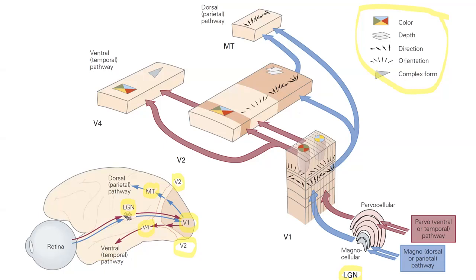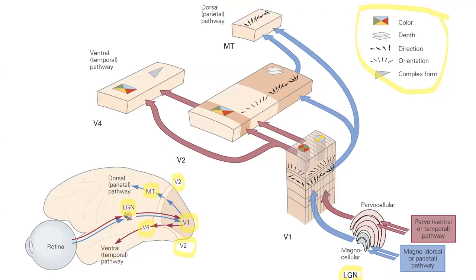Let me mention that this pathway, the blue one, the magnocellular dorsal pathway, is completely colorblind. It doesn't really care about wavelength information and color. However, the parvocellular pathway, which is the upper 4 pinkish layers of the LGN,